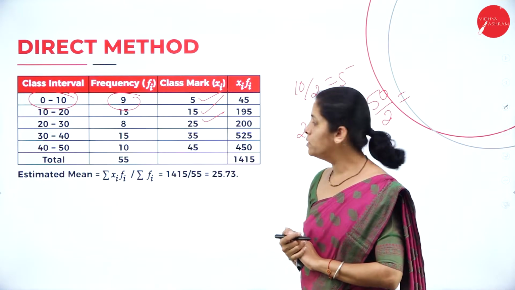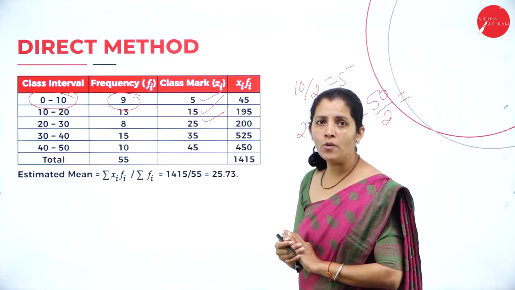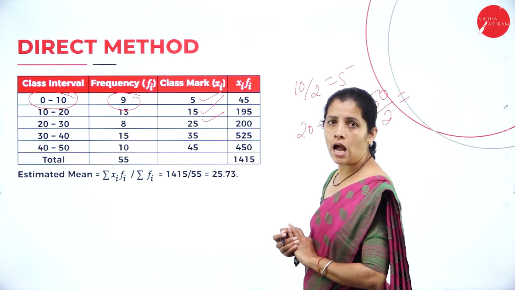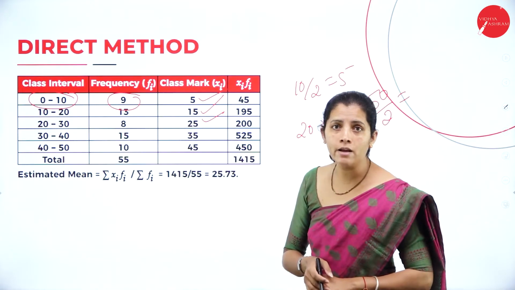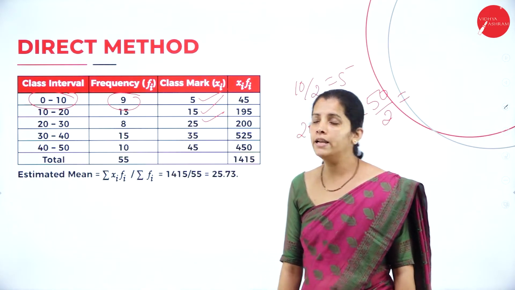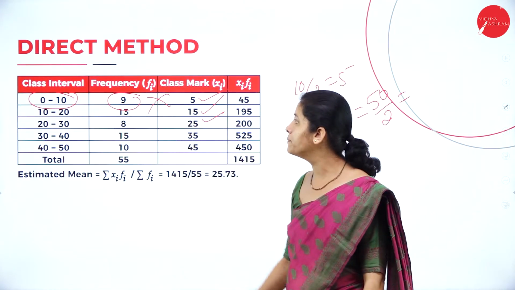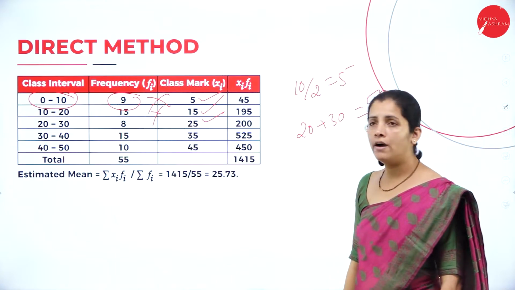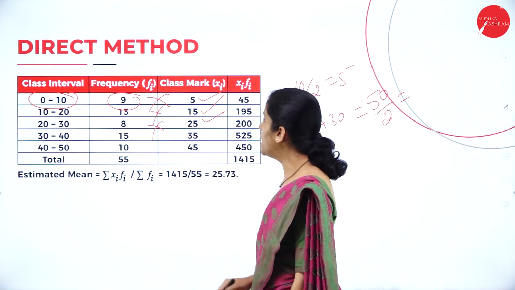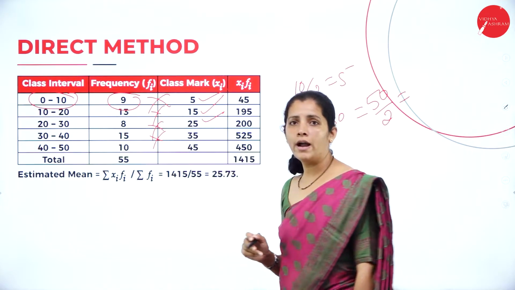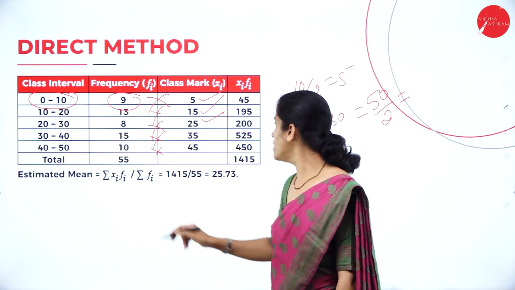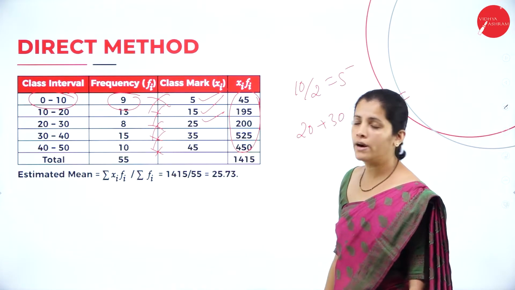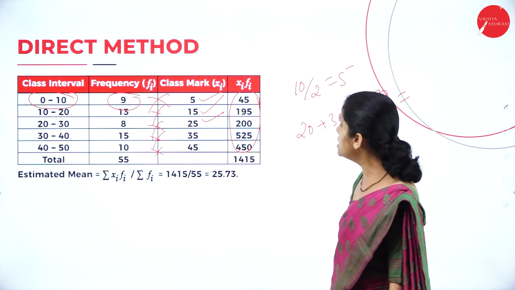Now, according to the formula, I want to find the summation of xi into fi. Before that, I want to calculate fi into xi. So, I multiply 9 into 5, 45; 13 into 15, 195; 18 into 25, 450; 15 into 35, 525; 10 into 45, 450. And I want to add all these. So, I want to find the summation. What is the summation here? That is